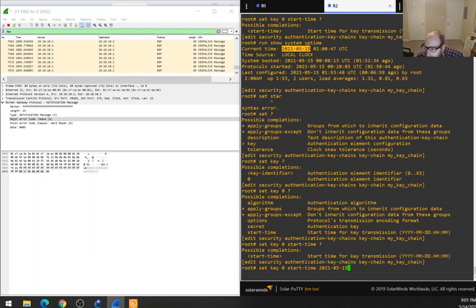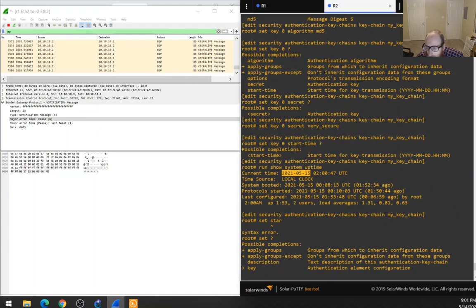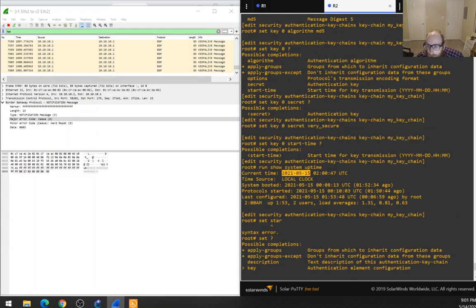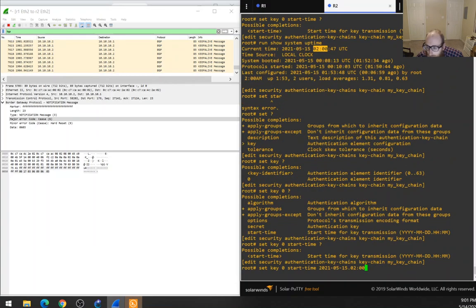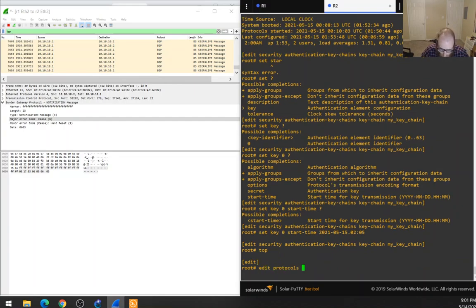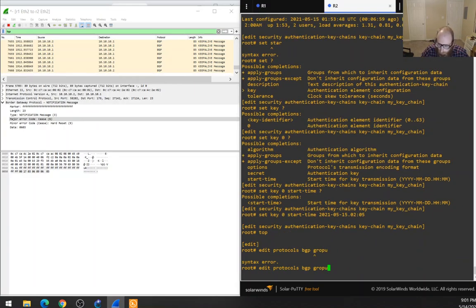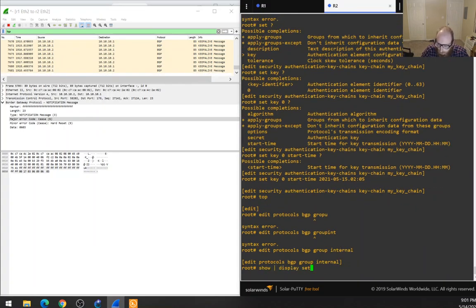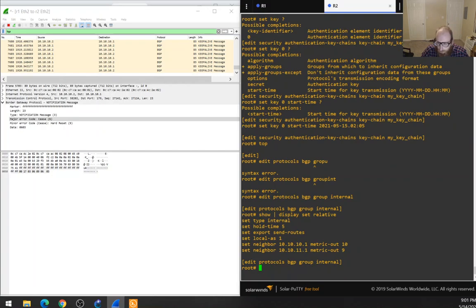Go. Date. Dot. Hours. Oh, yeah. So we'll start at 05. Perfect. Okay, and then we'll do edit protocols, BGP group internal, show pipe display set relative, set authentication